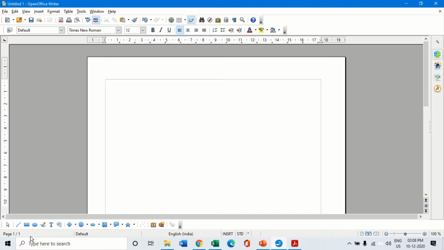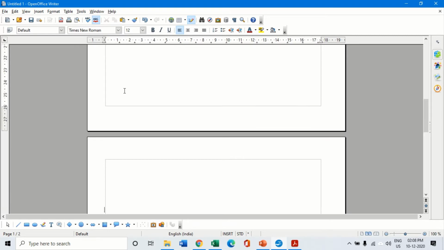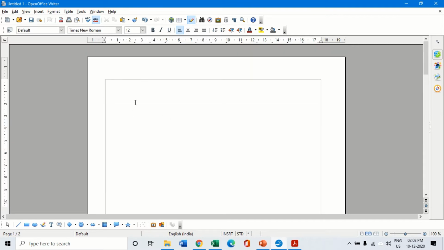This is the status bar below. Right below is the status bar which tells you the current status, that is the page number and the total number of characters, paragraphs, etc. will be displayed to you on the status bar. So this is the cursor, and we can move around the document by pressing the enter key. As you keep on pressing the enter key, the number of pages will increase. As of now we are on page number 1. Now when we have gone to page number 2, by pressing the enter key we can move on from one page to the other just like a normal Word document.